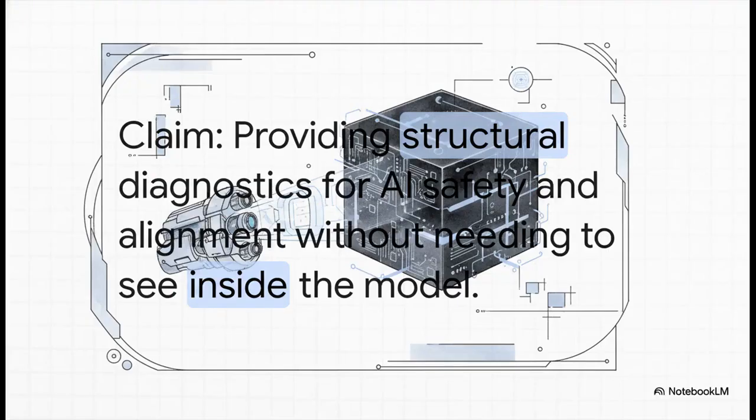Now for AI, the application is incredibly relevant today. SORT proposes a way to diagnose the safety and stability of an AI system from the outside as a total black box. I mean, think about it. In an age of these massive, opaque AI models, being able to analyze the system's core structure without ever seeing its internal code, that could be a total game changer for safety and alignment.